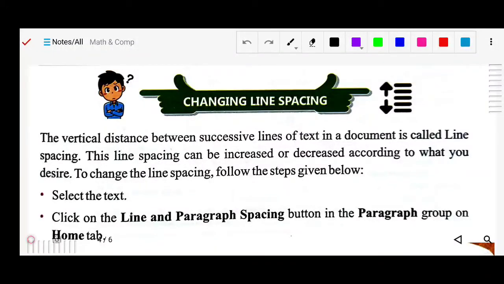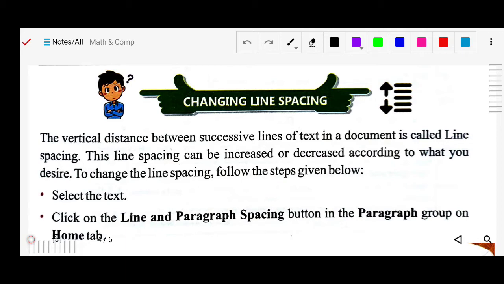Good morning, students. We will continue our chapter 4, formatting a document in MS Word 2016. So already we have discussed that in the Home tab there are some groups: clipboard group, font group, paragraph group, style group, editing group. We already discussed how to change the text, how to emphasize the text, how to use text alignment, and how to use text cases like uppercase, lowercase.